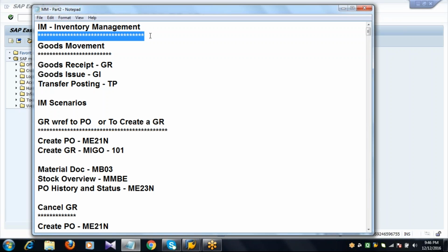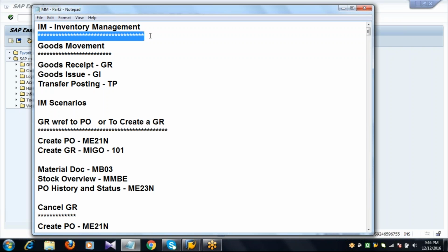From this topic onwards, the MM module is parallelly integrated with the finance module, because whenever you are receiving the stock of the material, the stock will have some value or some price. So basically, what is an inventory? Maintaining the stocks of the materials and goods by value and by quantity is called an inventory.